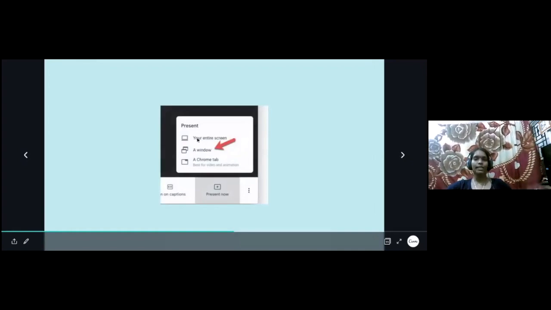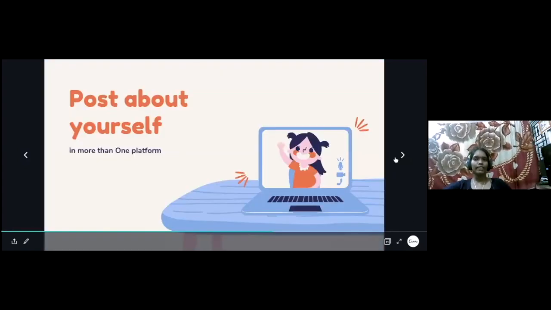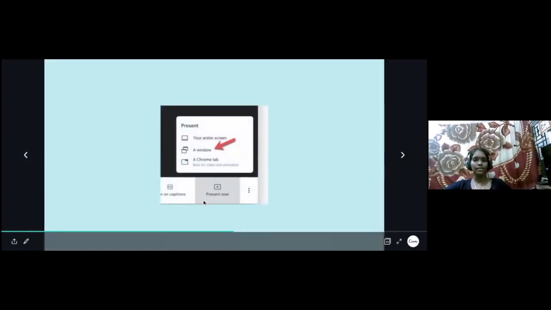You get three options. You can share your entire screen, just one window, or just one single tab. When you are playing a video or any animations for the students, you can use this Chrome option to share a single tab. So learn to use the technology. It is very simple, and most of the teachers who have been teaching traditionally have shifted to online teaching and adapted to the tools. It is the time now. Just start practicing, and after 5 to 10 sessions, it will be very easy to handle and you will become an expert.